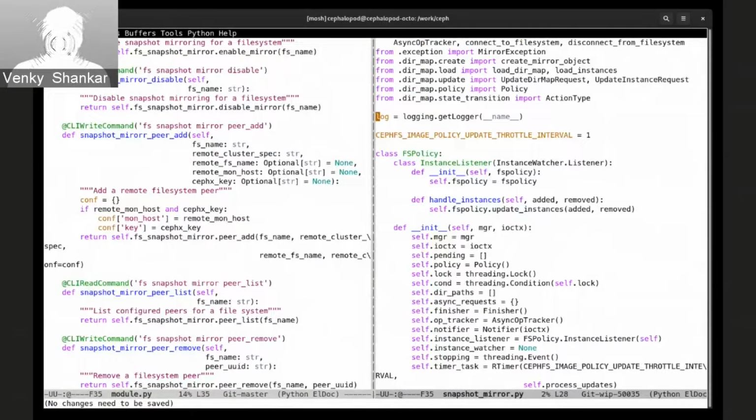And in the payload of the ACK, it has certain information about the mirror daemon, such as its address and things like that, and the instance ID, which is internally used as an ID for a mirror daemon, and we'll see how that's used internally. But the essence is, using this watch notify broadcast, the manager module knows about how many mirror daemon instances are running. So that's done in